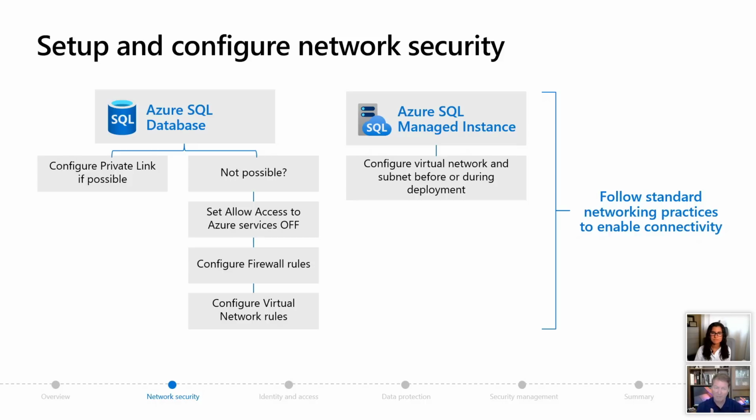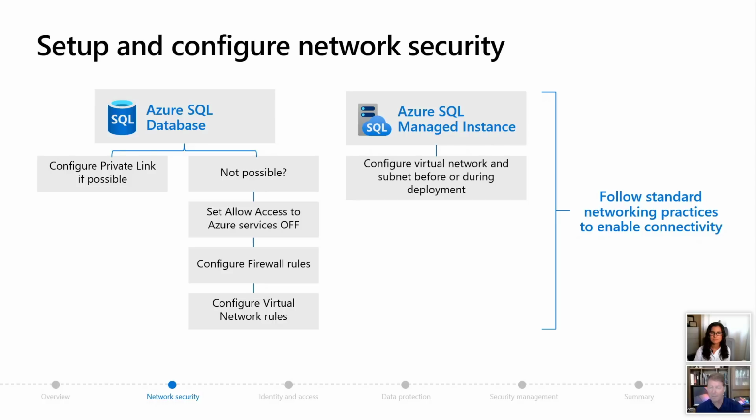And if you can't use private link, then you're going to use one of two things. You're going to configure firewall rules specifically, maybe for on-premises scenarios if you can configure that IP address, or use this virtual network rule concept. Now, just keep in mind, on that right side there, you still have a public endpoint for your Azure SQL Database deployment. But like in the case of the virtual network rules, it's going to be an easier way for you to set up, because you don't want to rely on static IP addresses. So that's the database side.